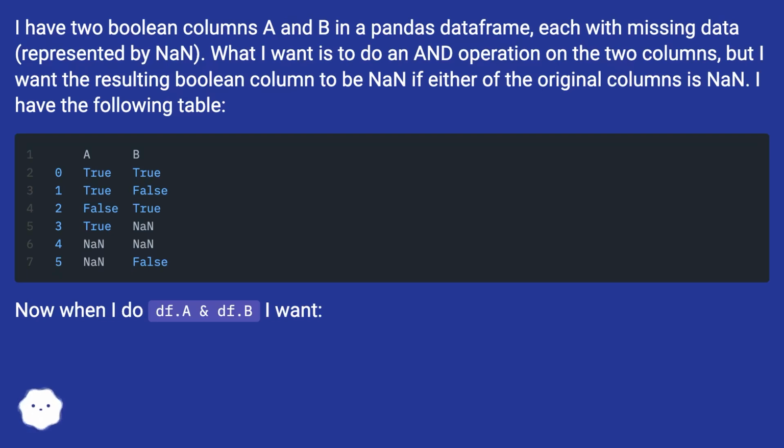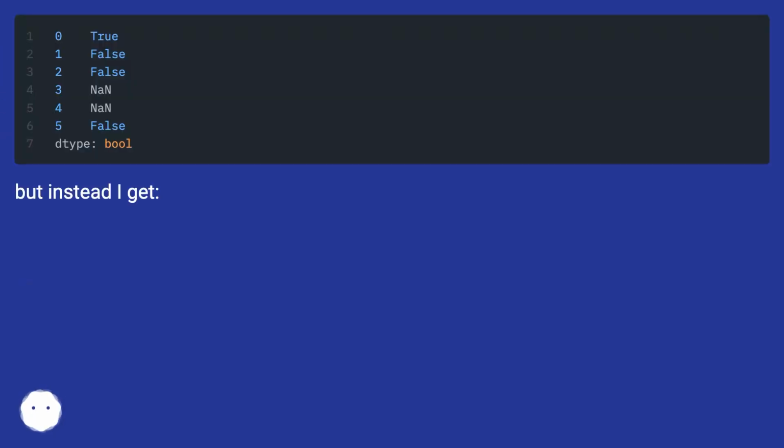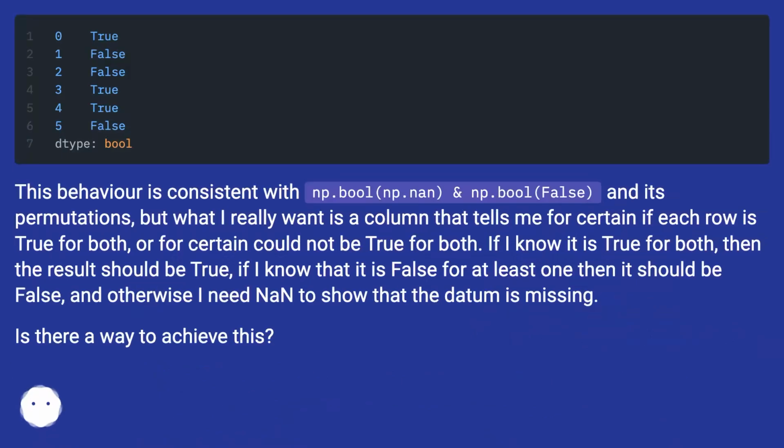Now when I do df.A and df.B, I want the result to preserve NaN, but instead I get something else. This behavior is consistent with np.bool, np.nan, and np.bool, false, and its permutations, but what I really want is a